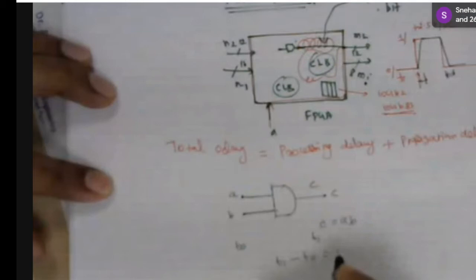Now the problem starts with manual floor planning. What is that problem? Suppose this is the FPGA, and I have two sections. This is one section and this is another section. We will see the overall concept now, and go in depth when we see the third module. Now look here. This is one AND gate, for example. I'm giving the inputs A and B into this module, and C is the output.